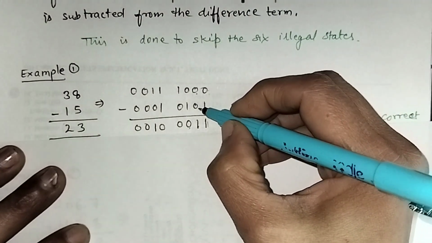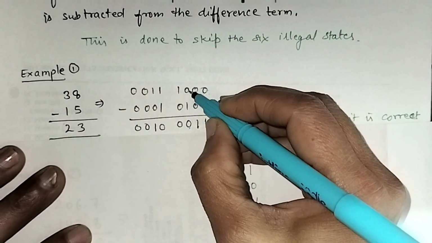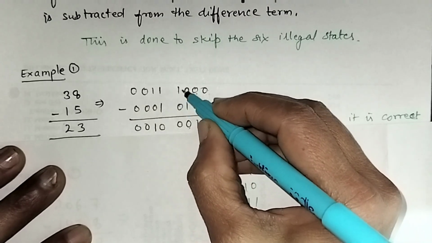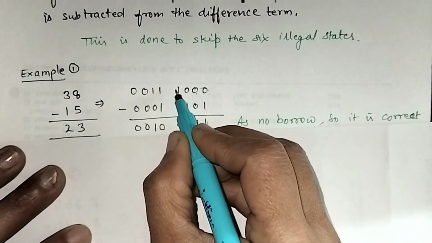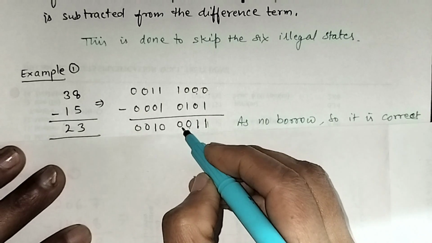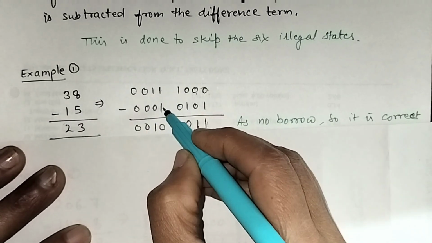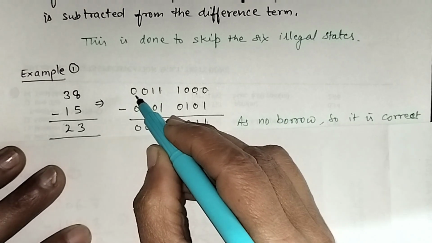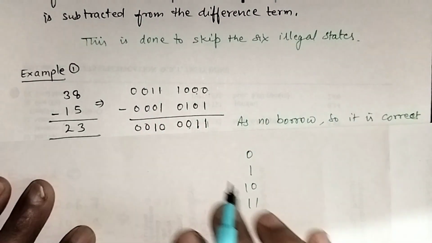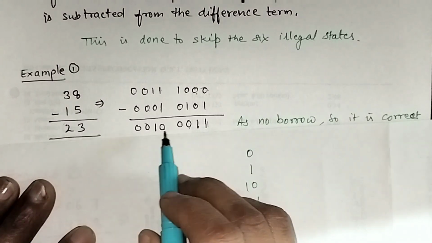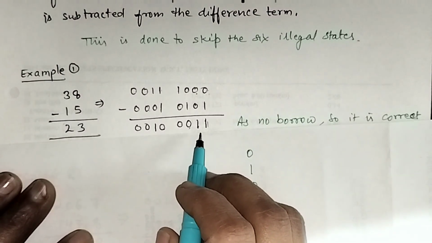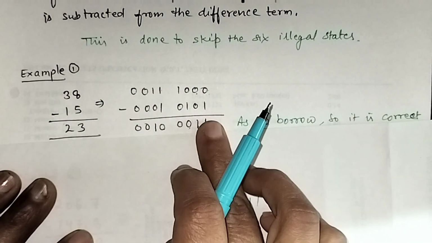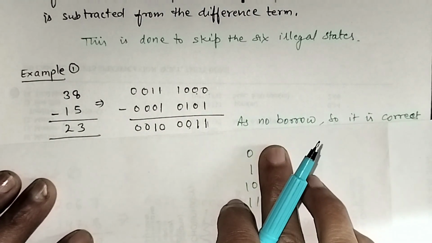Now we will subtract 0 from 1, we will get 1. Now it will also be 1. So 1 from 1 will get 0. It will become 0 because we have borrowed from here. So the answer will be 0. Now 1 minus 1 will be 0. 1 minus 0 will be 1. And 0 minus 0 will be 0. So we can see here all the groups, means all the codes are legal codes. Because we have not borrowed from one group to another group, so the code is legal. So it is the correct answer.